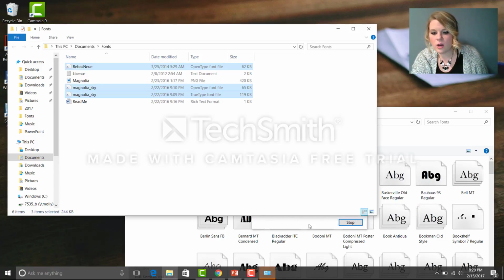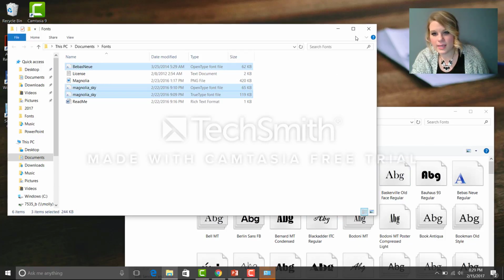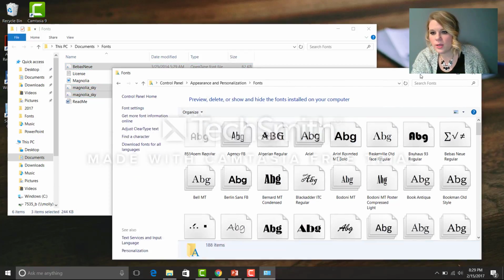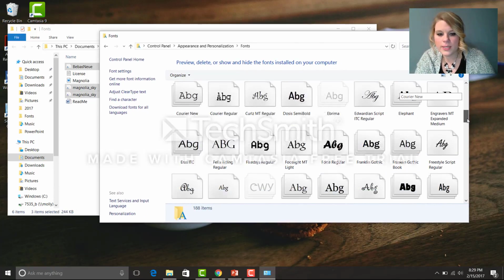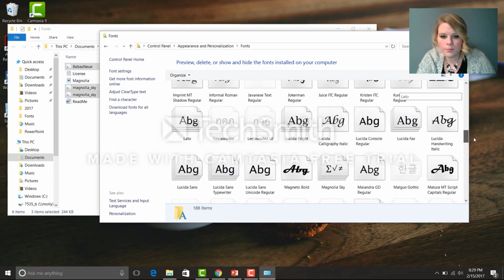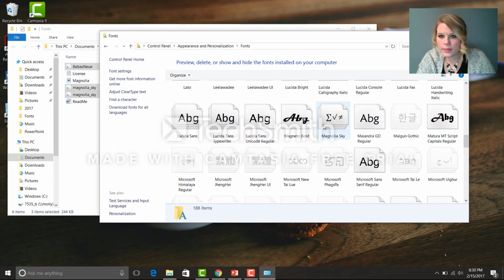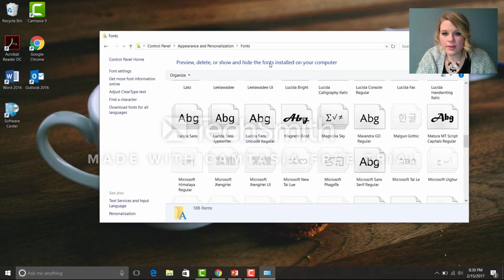So that's an install prompt that we can't see because of this, but we just saw this one pop up in our fonts, and then Magnolia Sky should also be down here. It's in alphabetical order. So there it is, Magnolia Sky. So that means now that they are installed on our computer that we'll be able to use them in documents